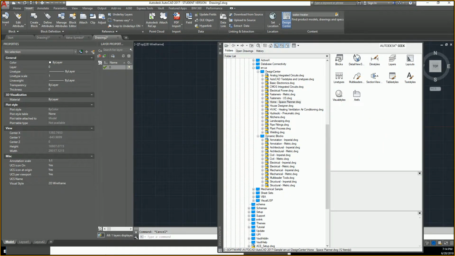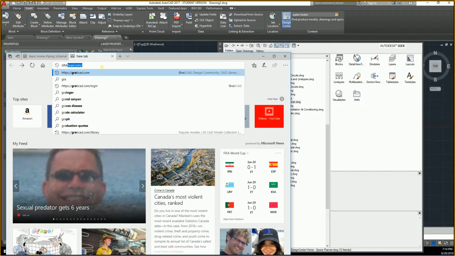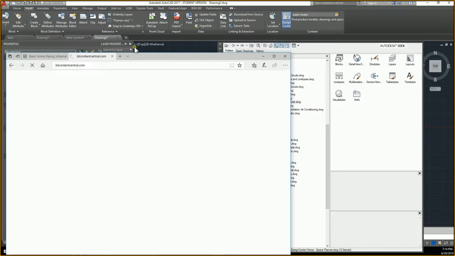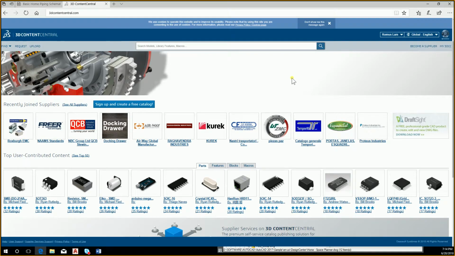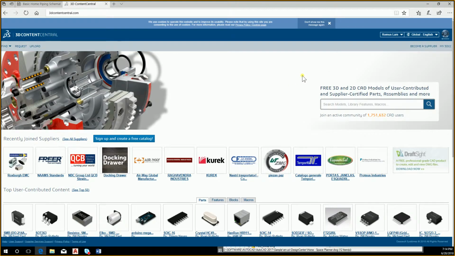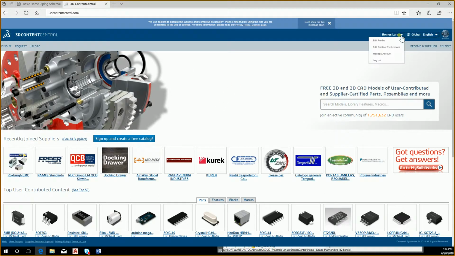these are some basic blocks, but I just want to show you guys a couple really nice sites as well. Once you guys get into industry here and you need to start actually speccing proper product out there, you can make your own login onto this website. It's free to use. It's called 3D Content Central. You guys can hop onto this website right now. This is actually where I found the motor that we used in our genset example on that Saturday. So if you go to 3dcontentcentral.com,